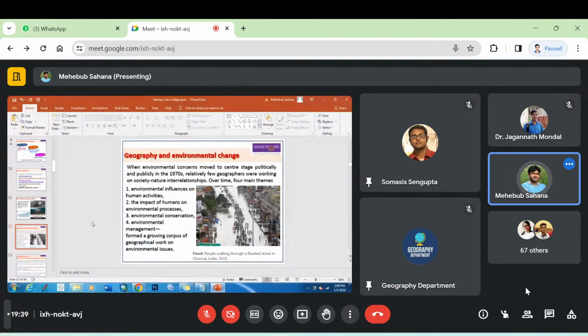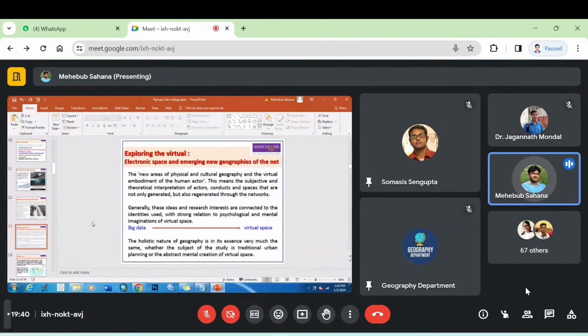That means if you're interested in human geography, if you are interested in social geography, you can also link climate change to your core subject. Maybe sometimes you don't need to integrate climate change in your research or in your study, but you should at least accept these things. Okay,